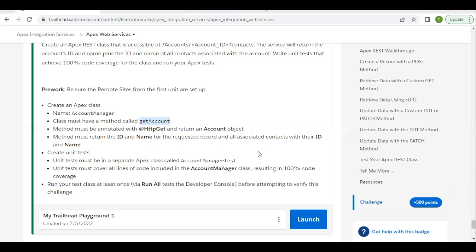So for this video, we are simply going to create an Apex class AccountManager, and the class will have a method getAccount, which will be returning an account type of object. And this object will contain the ID and name of the account as well as the related contact ID and name. Then we will also create the test class by the name of AccountManagerTest, and we will also make sure that this test class has 100% code coverage. Before proceeding further, make sure you have this remote site setting already in your org, which we have done in our first unit challenge. Now, without wasting any time, let's quickly launch our Trailhead Playground and open our developer console,